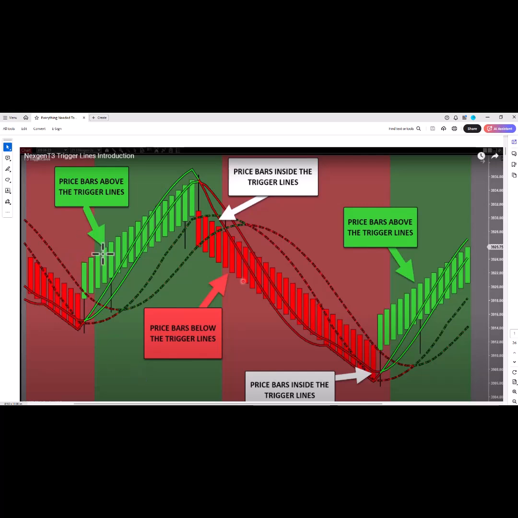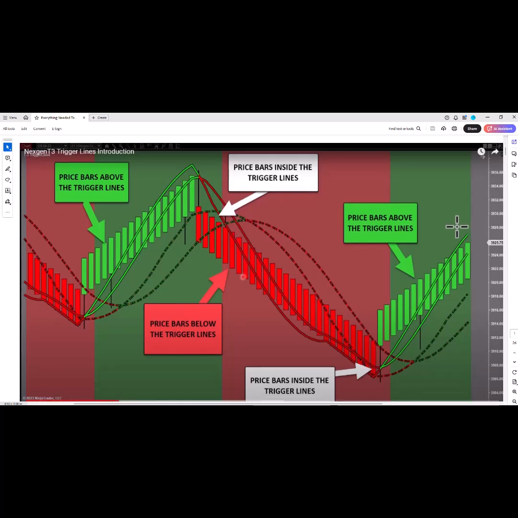If the price bars are completely above the small triggers going up, you better put that trade on. If they're completely below the small triggers going down, you better put that trade on, assuming the rules are true. And it really is just that simple. And I want to make sure you guys don't have any questions about this, because again, it's not that you can't trade when the price bars get below the small triggers. That's not what I'm saying. What I'm saying is that there are certain points in the market at tops, bottoms, termination conditions, where I think